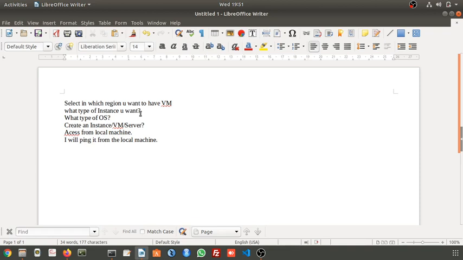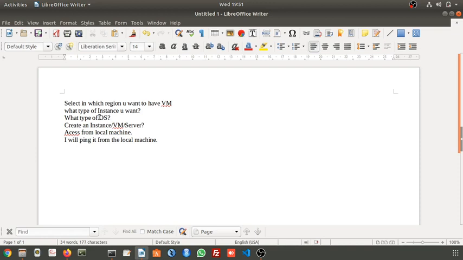Next, after selecting that, you have to select an image, where you need to select the type of operating system that you want to have in that instance.